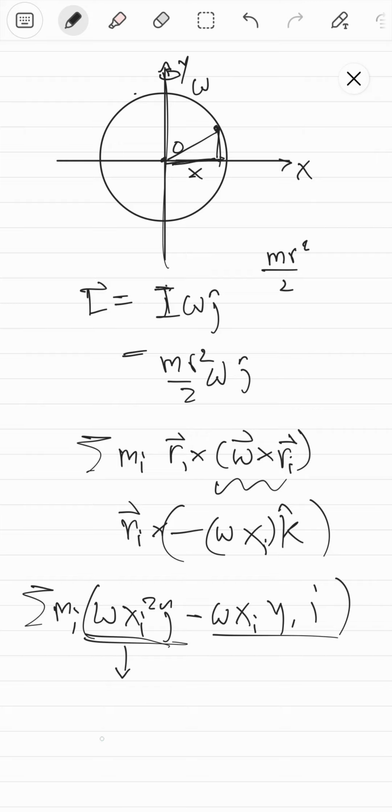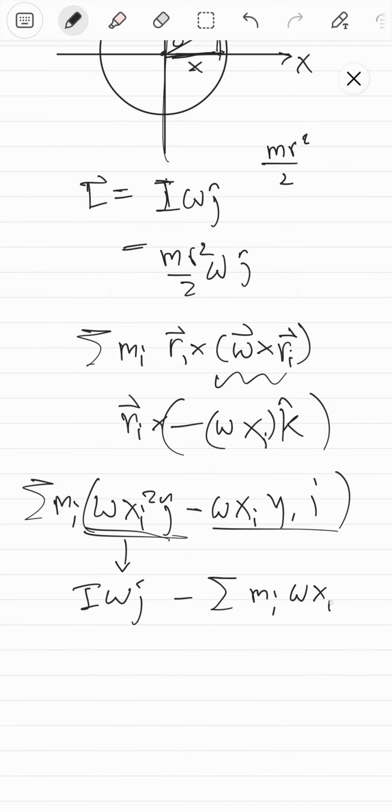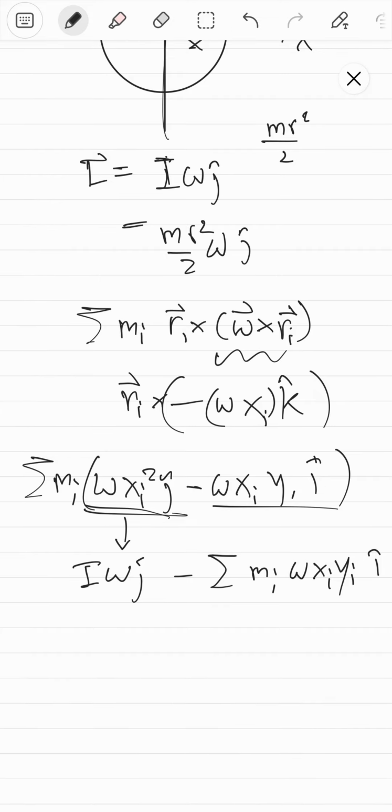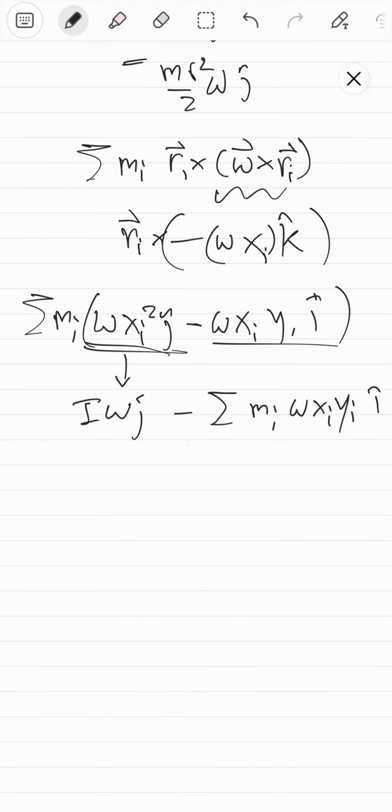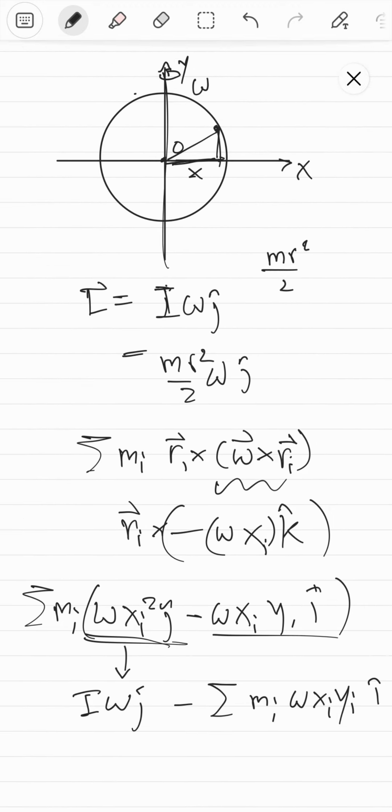So this part is actually going to give us I omega j hat. But what about this part? The other part is just negative summation of m_i omega x_i y_i i hat, right? So is that part 0 or what? To find out, let's use a parametric form. We'll say that this thing is given by r cosine theta comma r sine theta, where theta is this